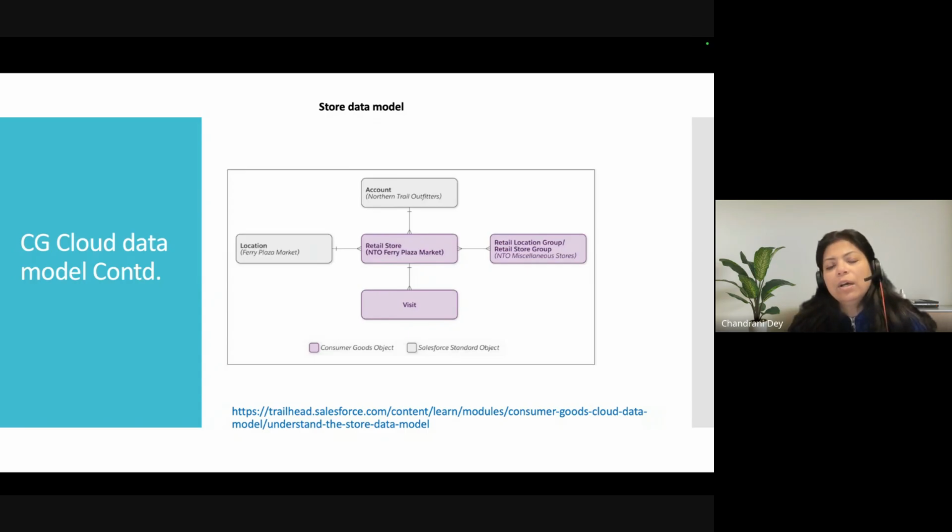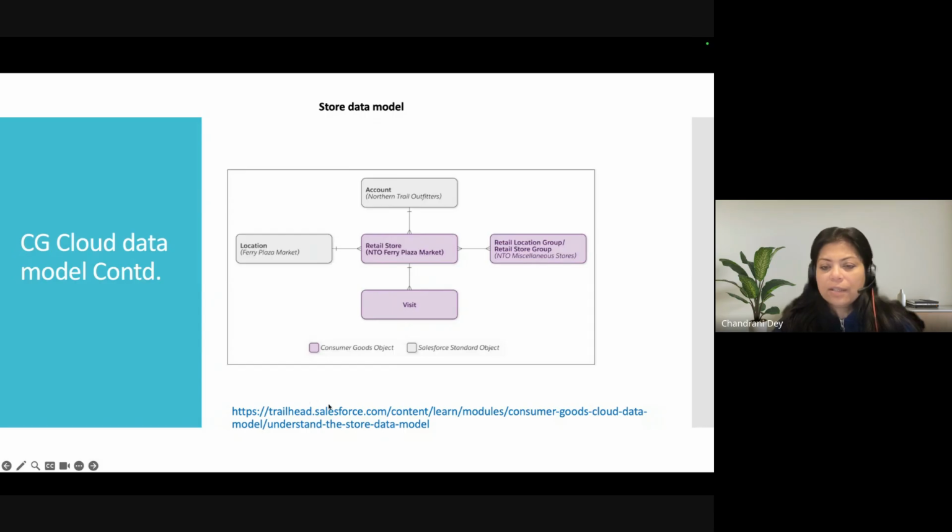And when you look at the planogram, or do the store audit, you are going to record the location of the products through in-store location. So this is an important feature.